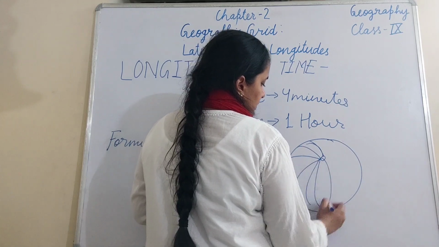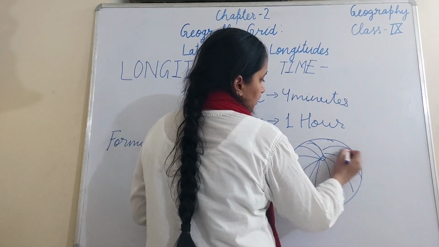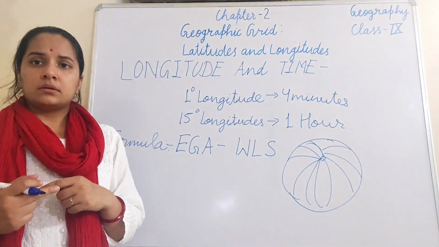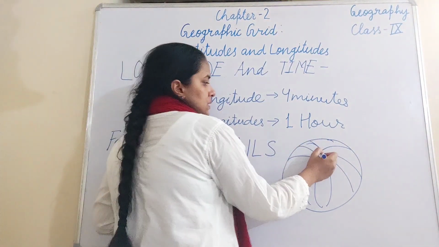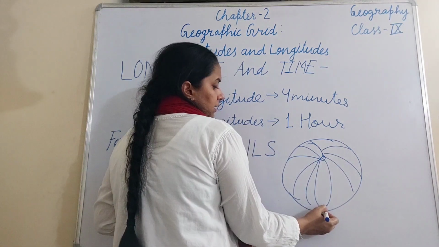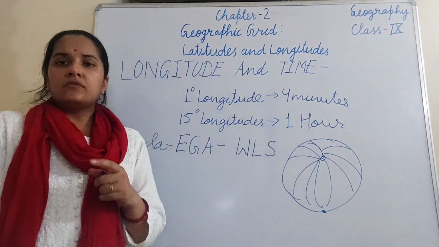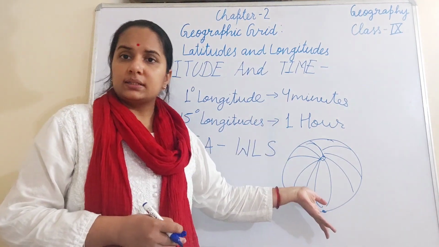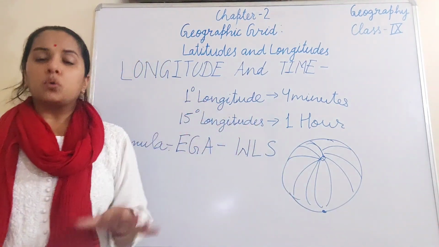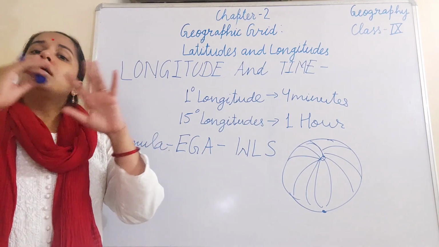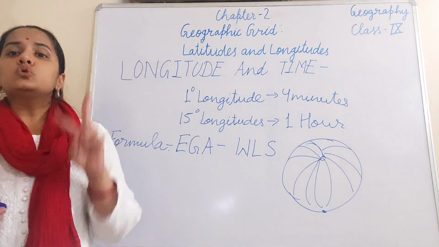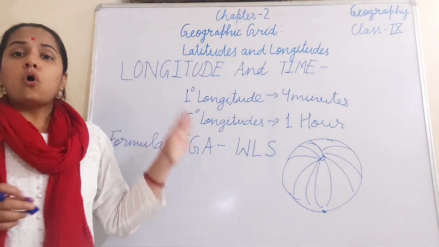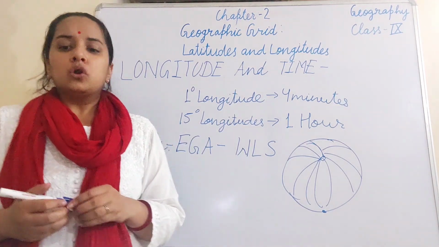Since here it is a circle only, it would be difficult to understand, but if we take a complete circle, then any two diametrically opposite lines, if this is one point and somewhere there is another point, and we join these two points on one side and on the other side, obviously, they are going to divide the whole of the earth into two equal hemispheres. So this can be done by all the lines of the longitude.